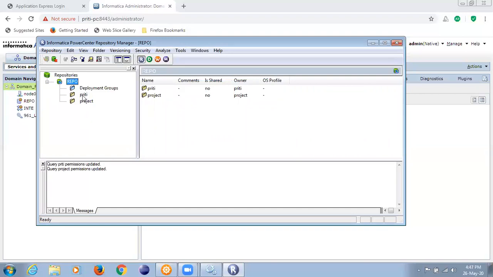In the organization, you should be able to see the folder of everyone. But say suppose project is the folder which belongs to me, you will not be able to do anything in the project folder. You will have only view access in the project. Likewise, I will have only the view access on Preeti's folder.